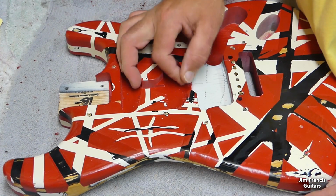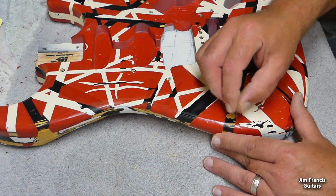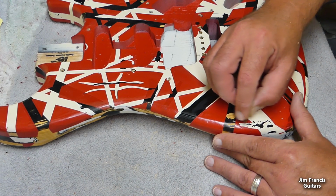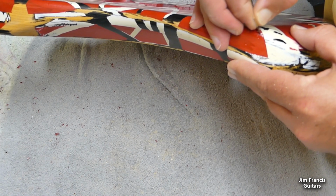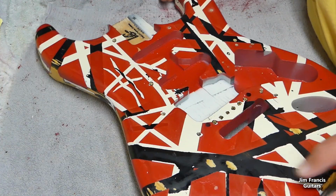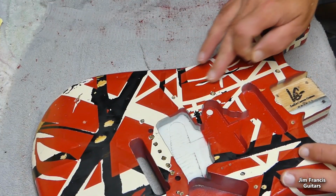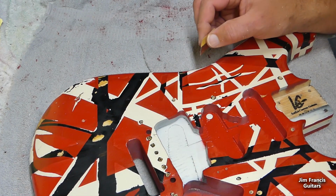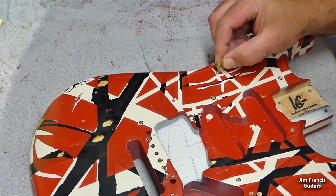So I jumped ahead to show you because really what I want to do is still be working on making some of this red lighter. I usually have a lot more color run, but I was happily surprised. Now remember the lines I told you about these and how Eddie cut these on the body instead of before putting them on the body. So you can connect these lines